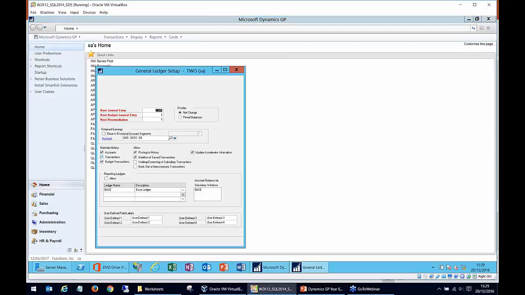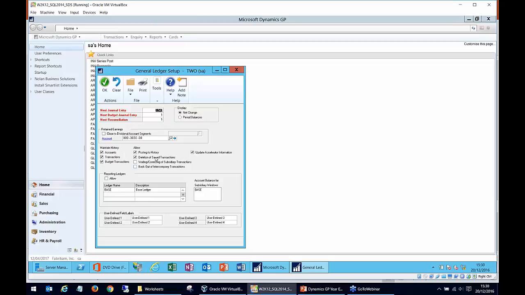Another thing you also have is general ledger setup, also within your administrative setup in the tools setup for your specific company in the general ledger or financials. And you have your default retained earnings account set up there to the correct one. And you also want to make sure that if this is your first time running the year end, that you've got posting to history ticked